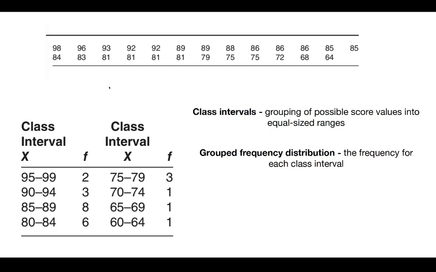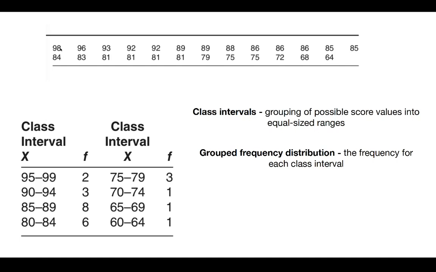If you look into the data set, these are scores 98 and 96. The class interval 90 to 94 has a group frequency of 3. 85 to 89 has a group frequency of 8, and so on and so forth. As you may also notice,